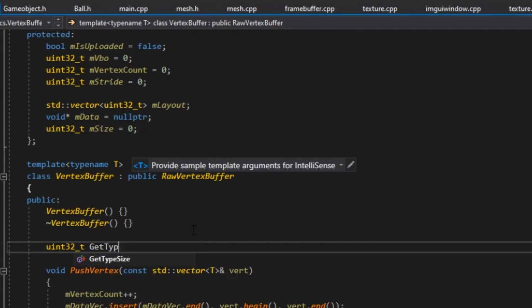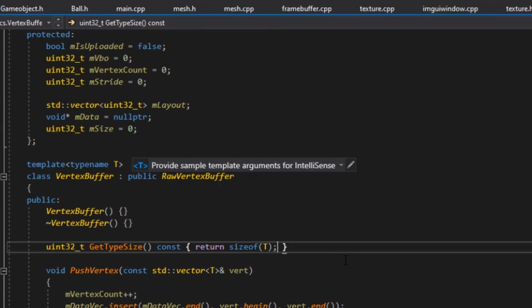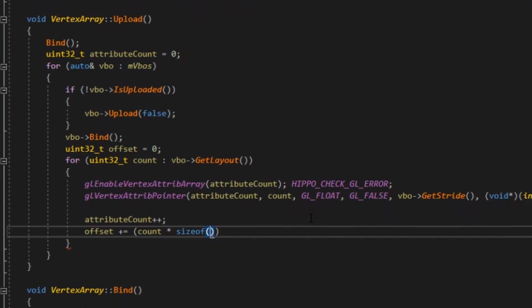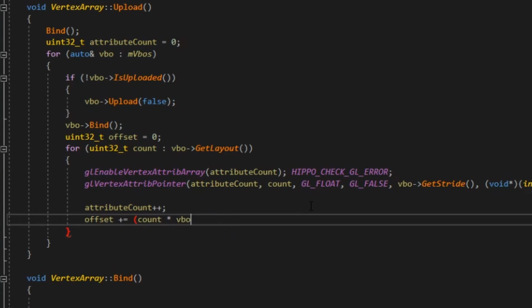uint32_t GetTypeSize will be const. It will simply return sizeof(T), which we only know at this level, right? And this will have to be an override. And so now back over here, instead of sizeof anything, I'll just say VBO->GetTypeSize. Okay, and that should do it,